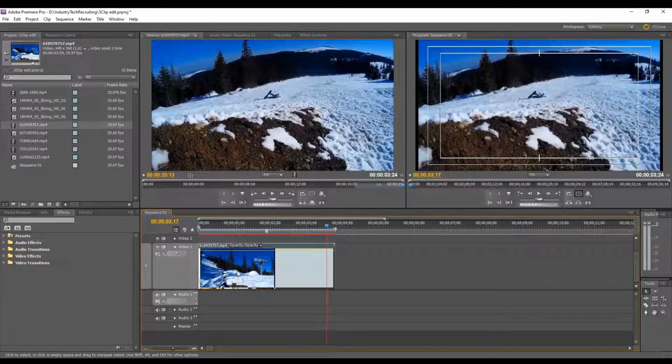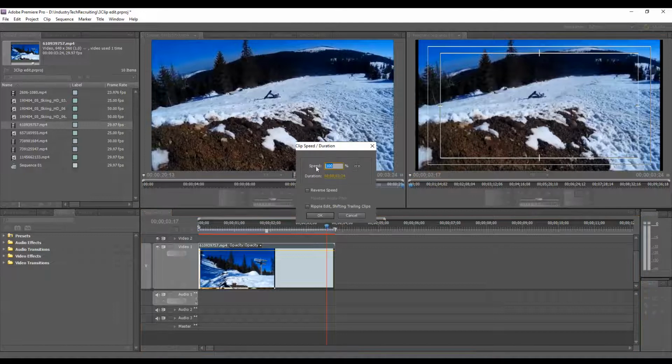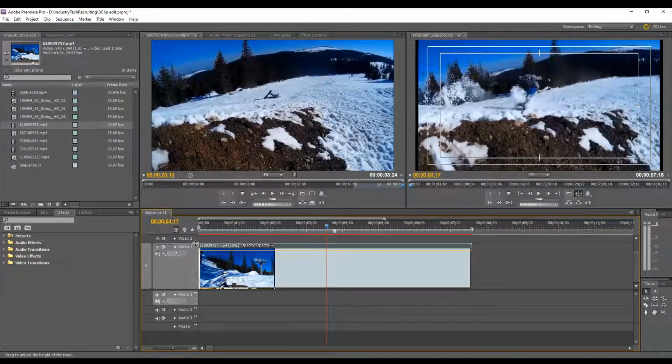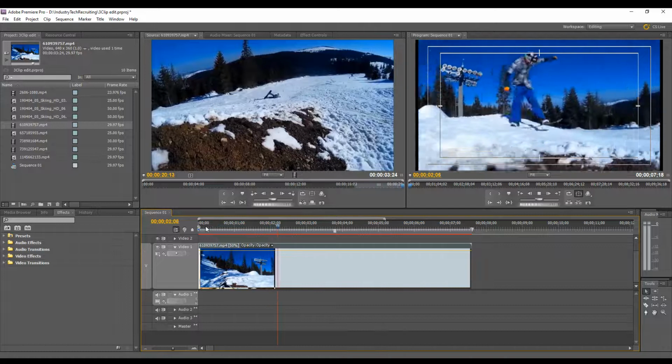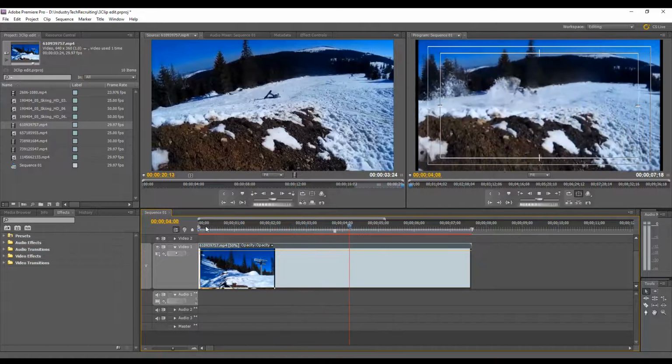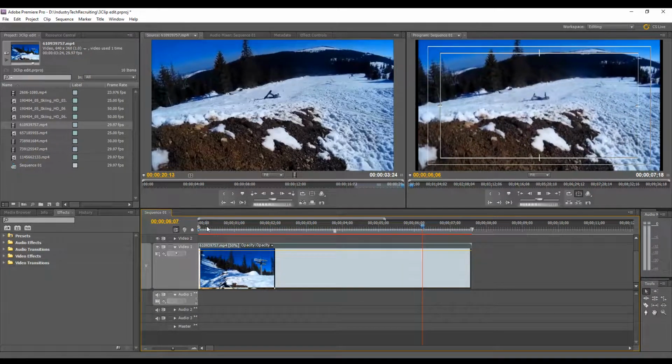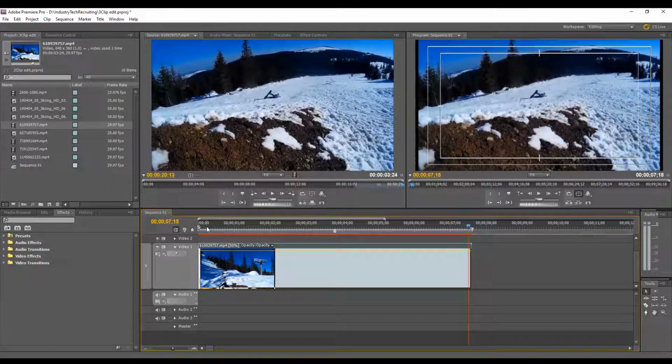And we're going to right click. We're going to go to speed and duration. And we're going to change that clip to 50% speed and click OK. Now, I'm going to play that clip again, and you will see it is half speed of what it was before. So there it is at 50% speed, and that's a very easy way for us to do a slow